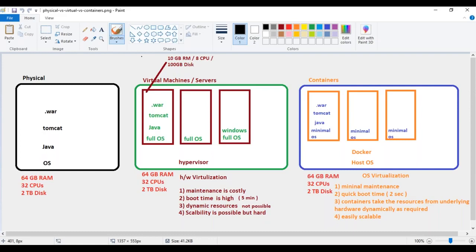At the same time, I allocated 10 GB RAM, but is my application using 10 GB RAM? Maybe it is using only 5 or 6 GB. The 4 GB is still idle and cannot be utilized by other virtual machines, so we are possibly wasting resources on the virtual machine side. Dynamic resources cannot extend on their own, and if it is not utilizing the resources, it cannot give them to other virtual machines sitting on the same hardware. It could be wasting some resources, or it could be unable to extend them. These are the problems we have with resource constraints.